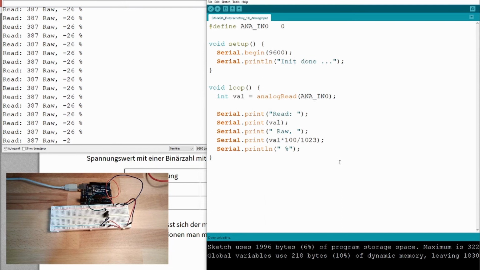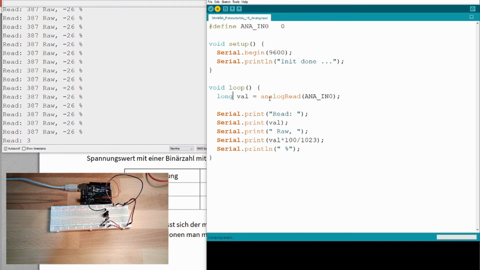The thing is that an integer value is only going up to 32,000. So if we have 1000 multiplied by 100, we have 100,000. So we are above a certain value. This is not working with integer value. So I could use here long,